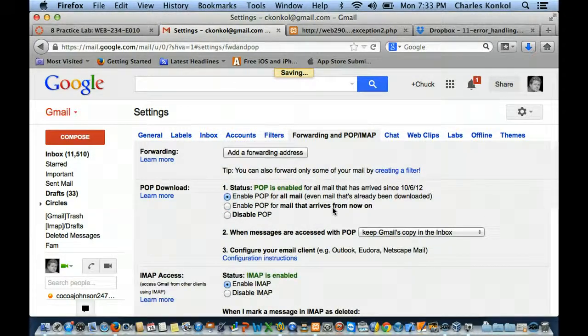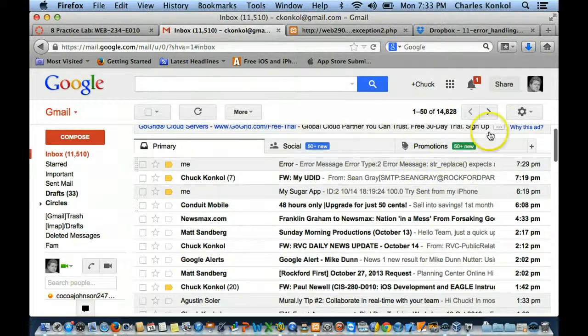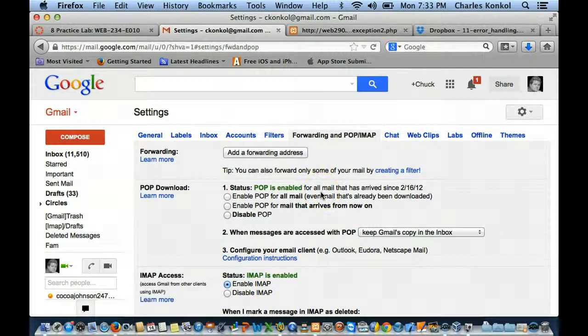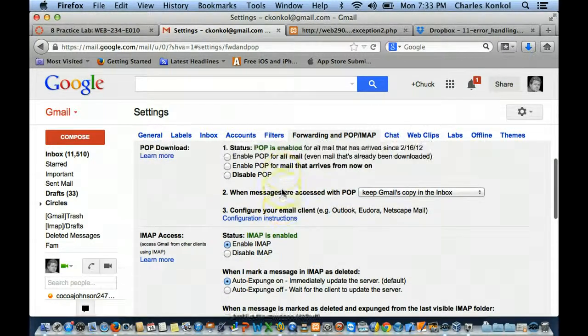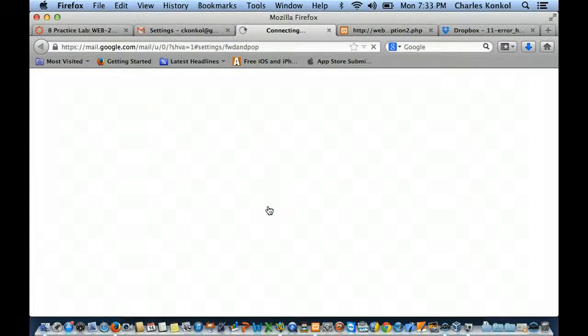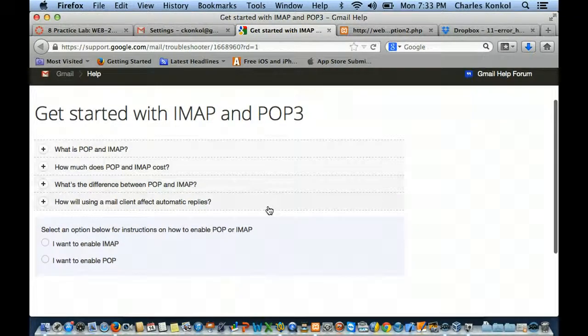And by the way, while we're in here, we're going to use it in PHP, but there's also ways, if I go back to that settings, it shows you examples how to use this in other environments. So if I wanted to use it, for instance, it says here configure your email client, configuration instructions. It gives you step-by-step detail on how to do it for IMAP, POP, email,